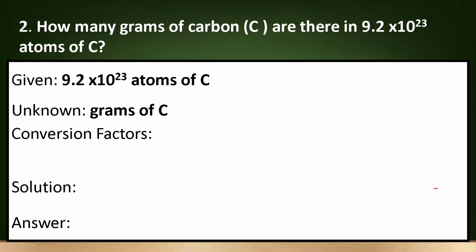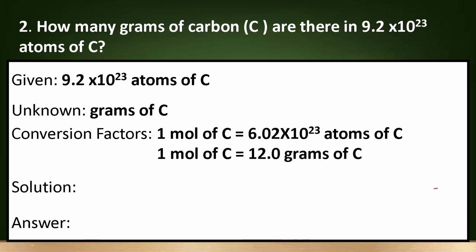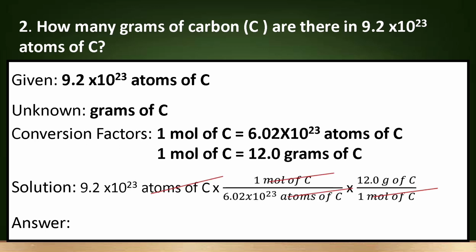The conversion factors to be used are 1 mole of carbon is equal to 6.02 times 10 raised to 23 atoms of carbon, and 1 mole of carbon is equal to 12 grams of carbon. The mass of carbon can be found in the periodic table of elements. Solution will be 9.2 times 10 raised to 23 atoms of carbon divided by 6.02 times 10 raised to 23 times 12.0 gram of carbon. So, the answer will be